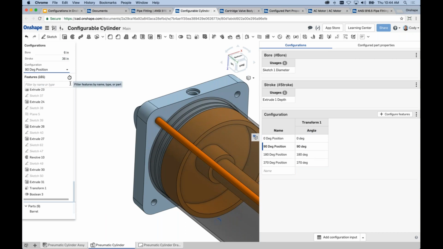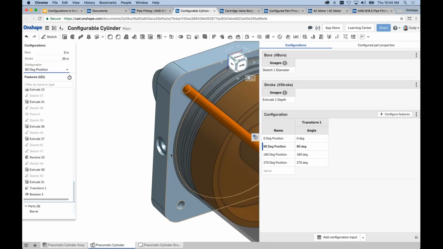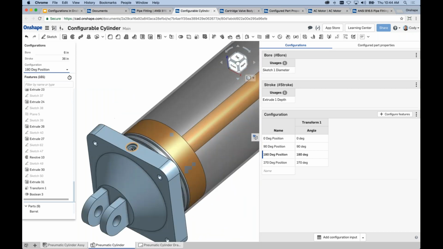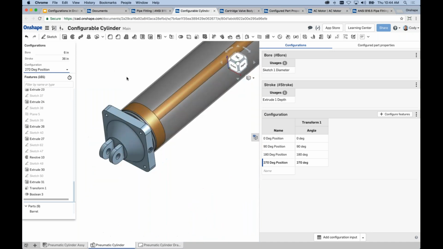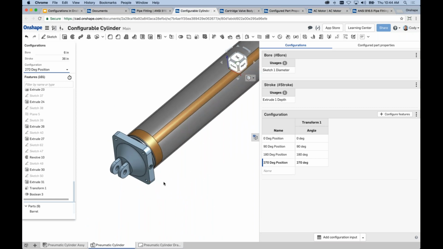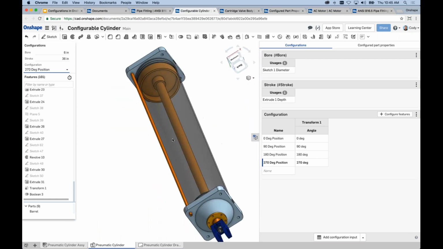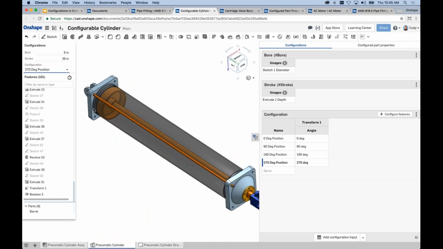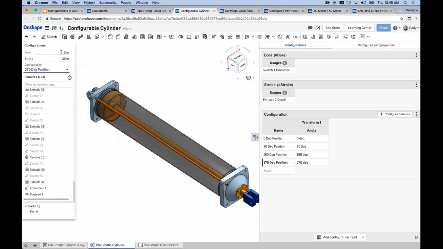90 degree position, we'll rotate that port around to the other side. Right? You can see there, it rotates the port around to the other side. I can go to 180, all right, rotate this thing around, and there it is on the 180 side, and 270. So now choosing where the port exits on this cylinder, a very common thing in this kind of scenario, can be done with just a drop-down option with the 4 potential combinations that I created. And again, remember, I can choose not only the 4 potential port positions, but any bore and stroke size variations